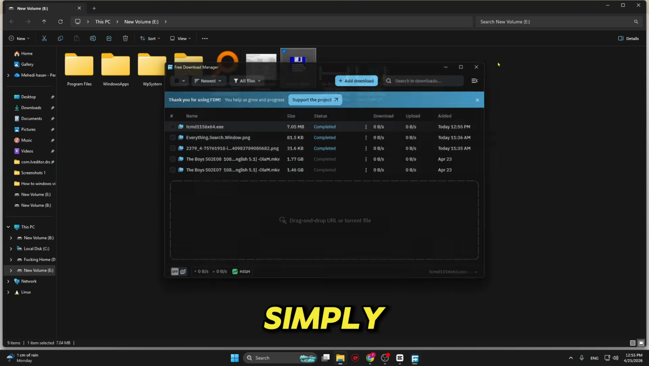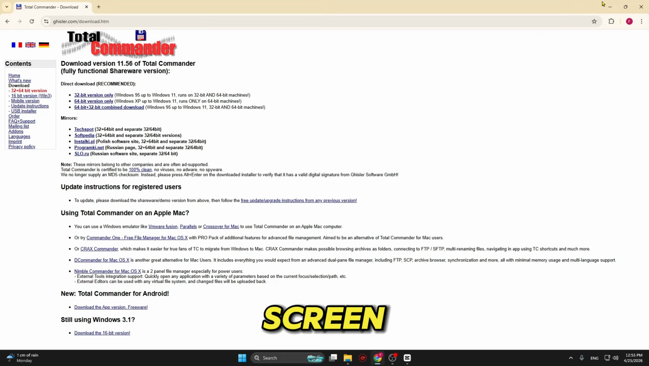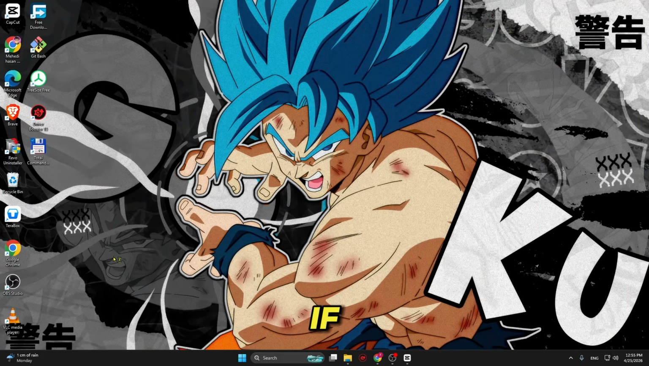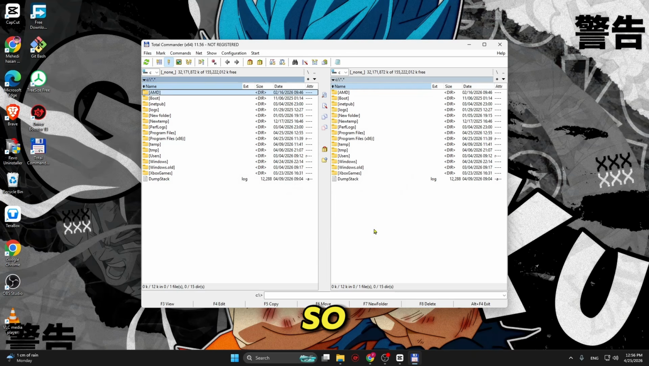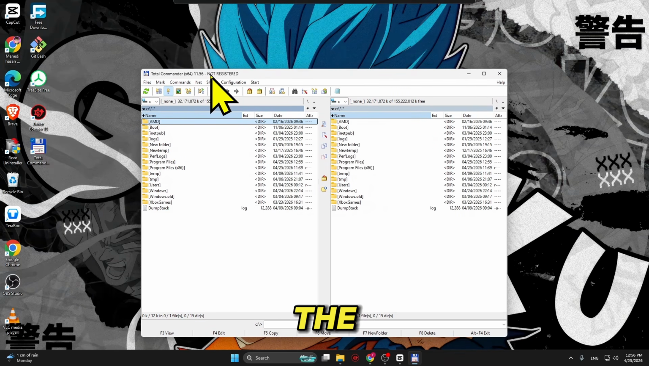And right now you can simply see on your home screen, Total Commander. If you open it, you can simply see the two views. So over here, you can simply see the side-by-side view of the files,